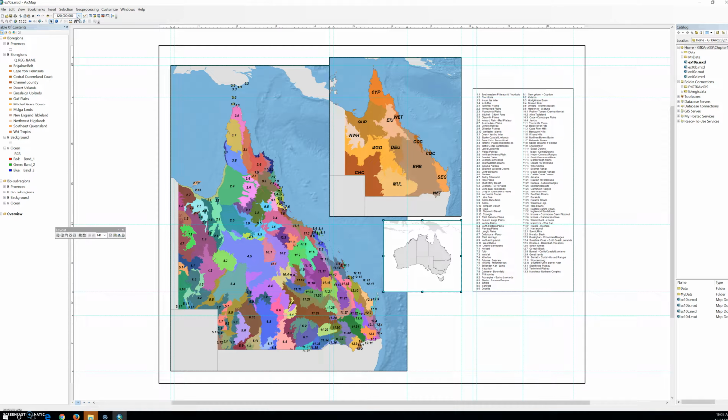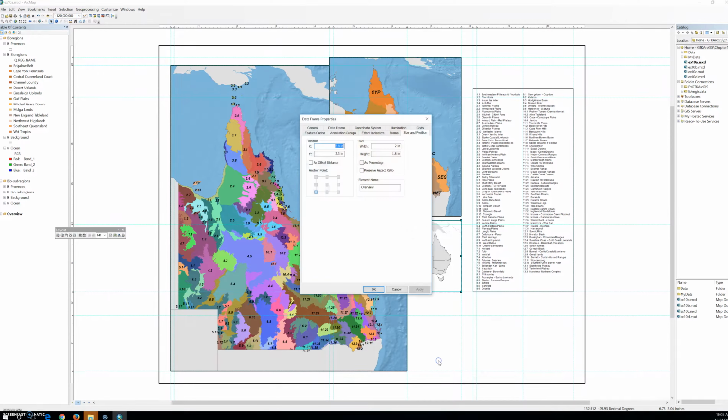Next, you will finish the overview data frame by creating an extent indicator. Wow, it's really nice right now. So again, open the properties of the overview data frame. So properties right here. And on the extent indicators tab, click bio subregion in the other data frames list,